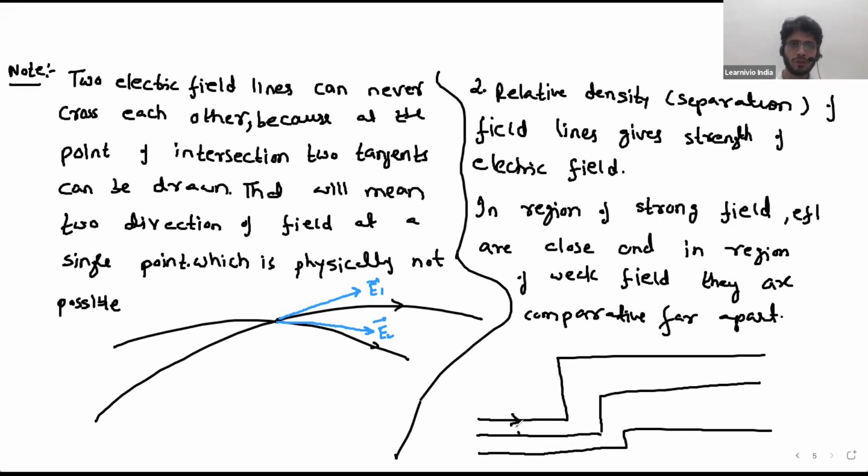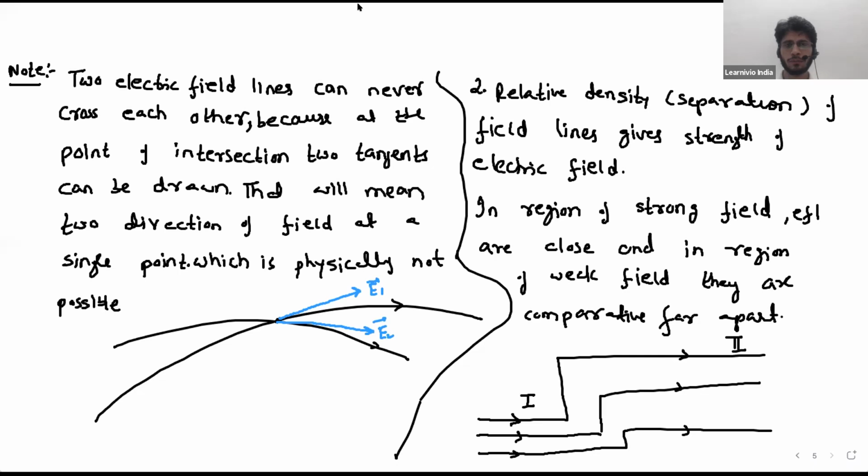I'm giving you two regions. Region 1 and region 2. Yes, Amalia, in which region are the electric field lines closer, region 1 or region 2? Means they have less separation. Region 1. Okay, Shazada, can you decide the strength of the field? In which region is the field stronger, 1 or 2?